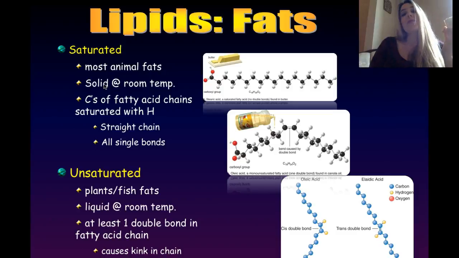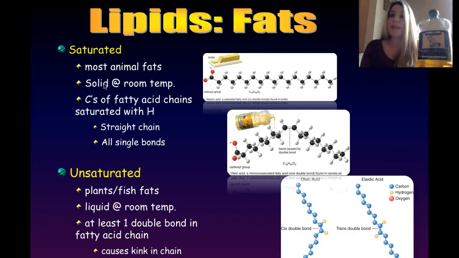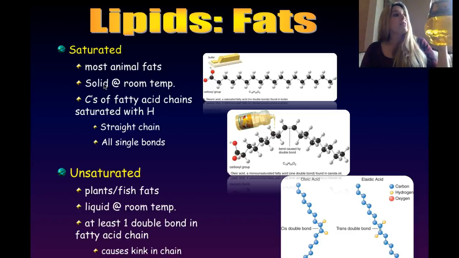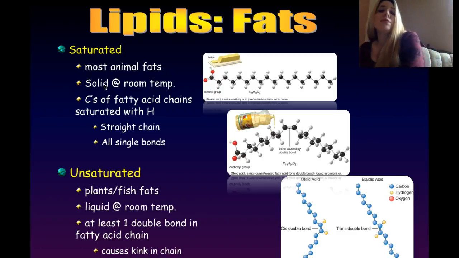And so if you think about what's going on in your arteries, when you're consuming lots of animal fat over time, that is building up plaque inside your arteries, causing atherosclerosis, which can contribute to heart disease. So not good, not good. But again, saturated fats, carbons are completely saturated with hydrogens. We contrast that to an unsaturated fat like olive oil, fish oil, all those kinds of things. These are much better for you. They are, because of the chemical structure, liquid at room temperature.